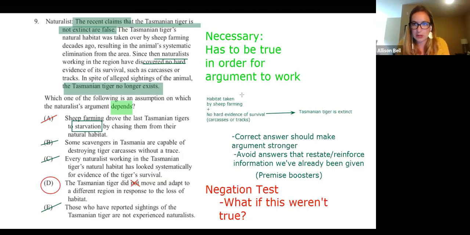That is what a necessary assumption looks like on the LSAT, and answer choice D is the correct answer. Take a moment to think about your process on this question and maybe jot down a takeaway. What do you want to remember about this? And let me know if you have questions. Tell me in the chat window if there's anything that you'd like to go over or if you're still not convinced.